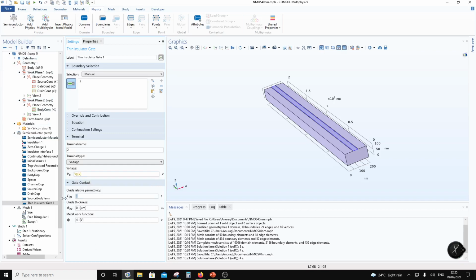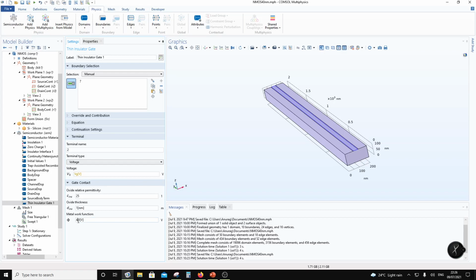Now if you are going towards sub 100 nanometer, the oxide is no longer silicon dioxide. Silicon dioxide has a dielectric constant of 3.9, while here high K dielectrics are used. For example, hafnium oxide, which would have epsilon of 25. So that's over here, 25. Then the thickness I'm going to keep as 1 nanometer. So the gate oxide thickness is 1 nanometer,